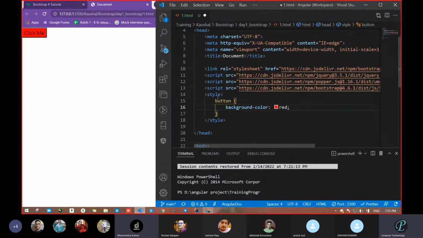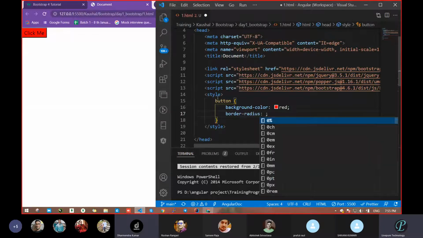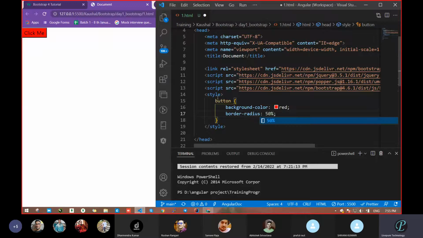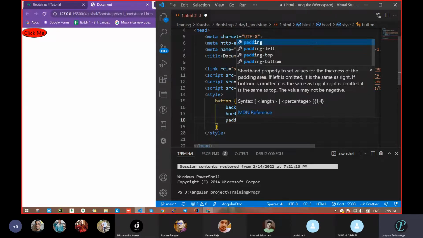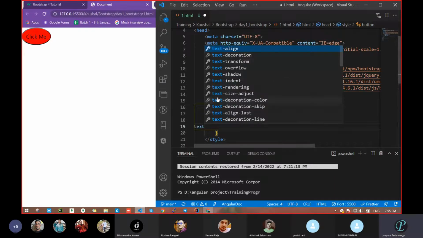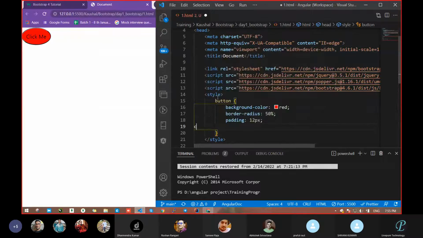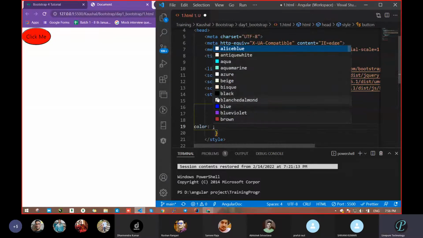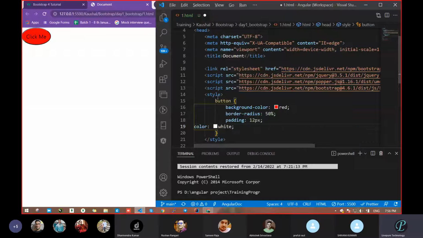Next, border radius, come with 50%. Next, padding, padding 12 pixels. Anything more? Text color. Color white. Next, anything more here?